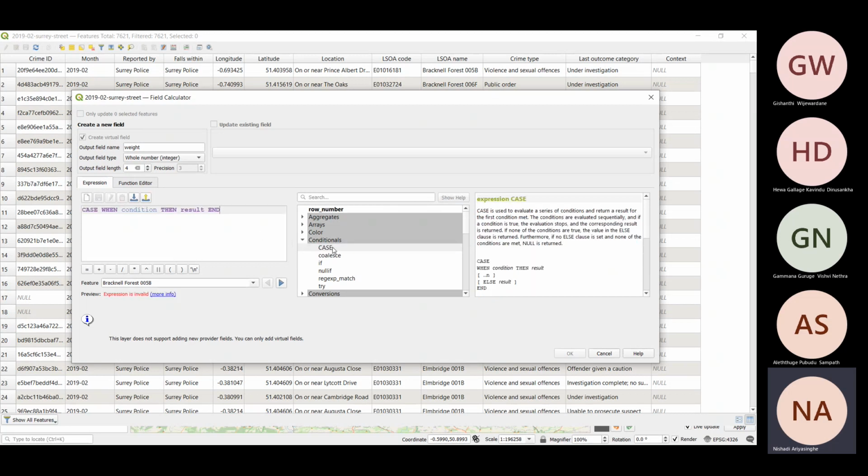So when you double click on this case word, you can directly get the syntax, right? So for case when, what you have to do is simply write the condition here and then the result, right? So I'm going to write the condition as